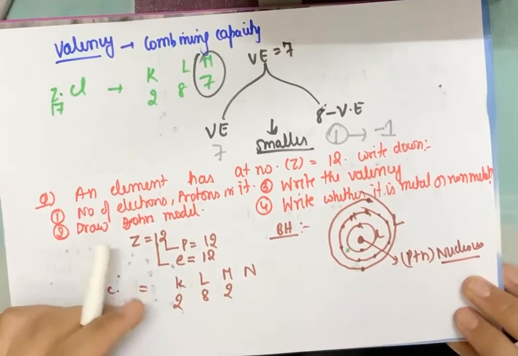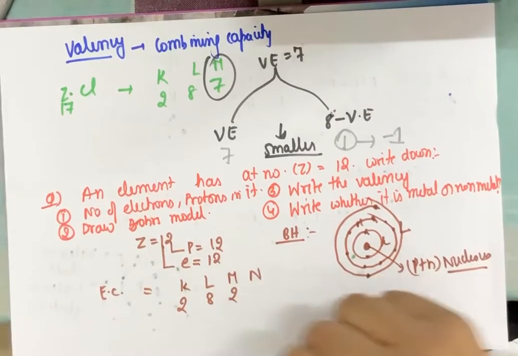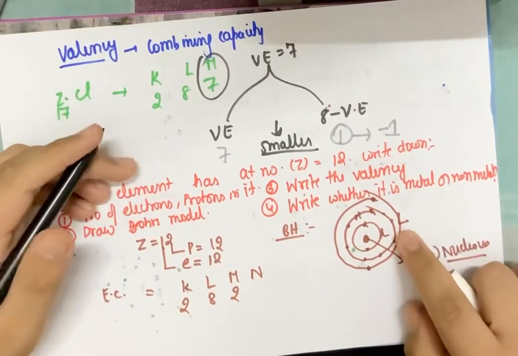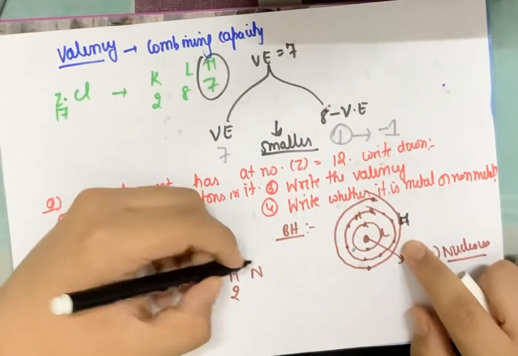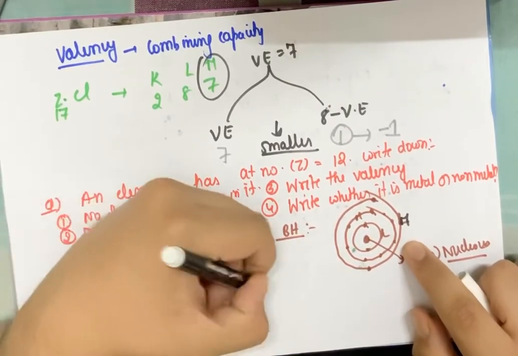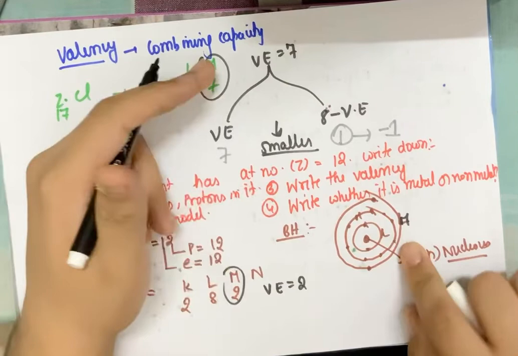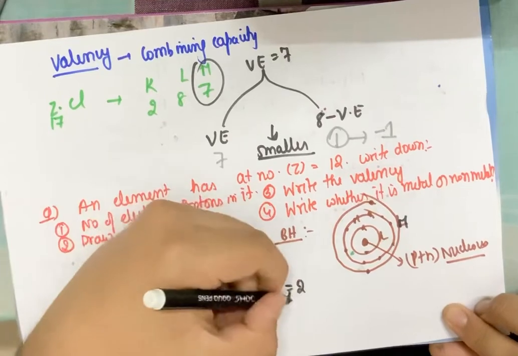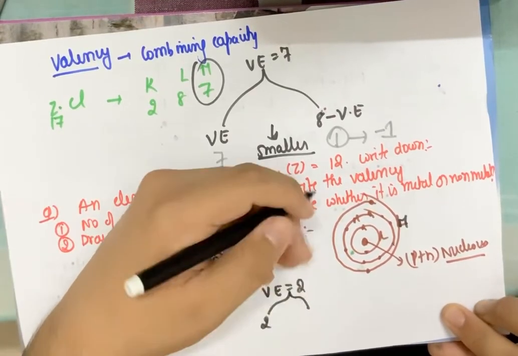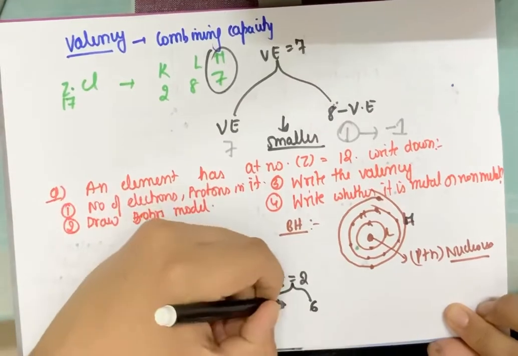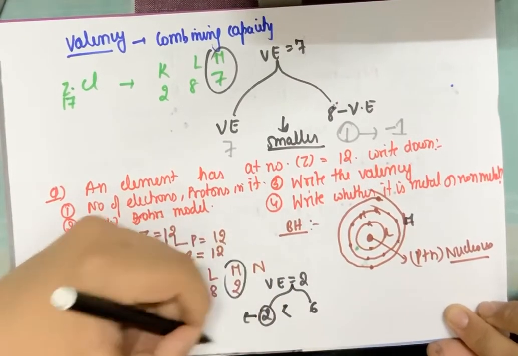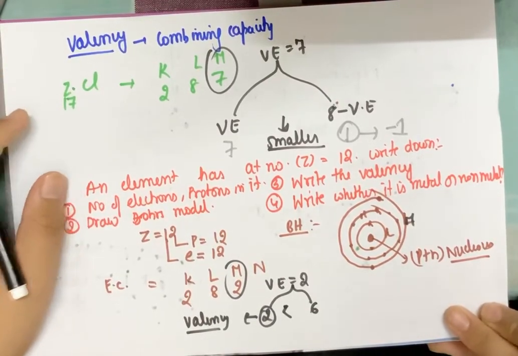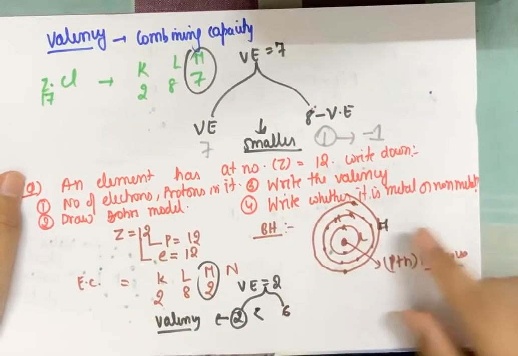Now coming to the next part, write the valency. So valency के लिए हमें काम electronic configuration से करना है. What is the valence electron? The last shell. Last shell is the M shell. So what is the M value here? 2. So the valence electrons becomes 2. Valency के लिए 2 ऑप्शन, या तो valence electron ले लो या तो 8 minus valence electron ले लो. एक ऑप्शन हमें 2 दे देता है, number of valence electron, and 8 minus valence electron is 8 minus 2. What is 8 minus 2? 6. Which is smaller? This is smaller. So 2 is the valency. Valency is 2.